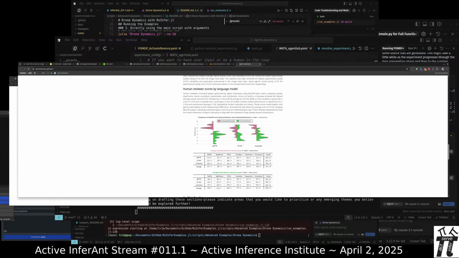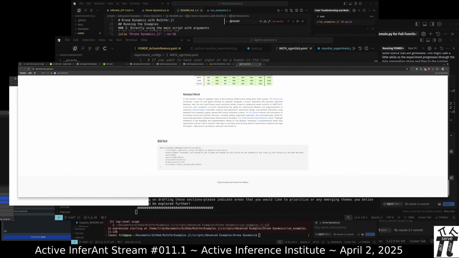So they've used a bunch of different methods. It's really cool work.